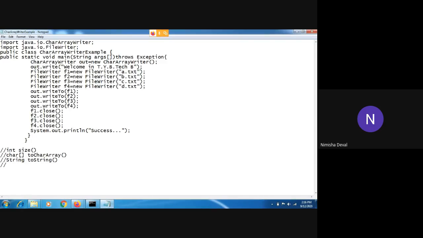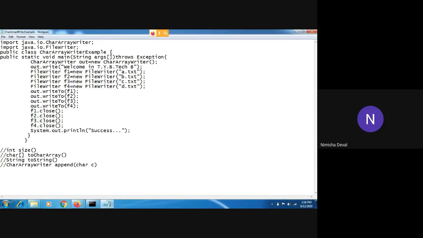Another method is based on the character array writer only. It has one method, that is append, with one parameter, that is the character. You can give your own name.